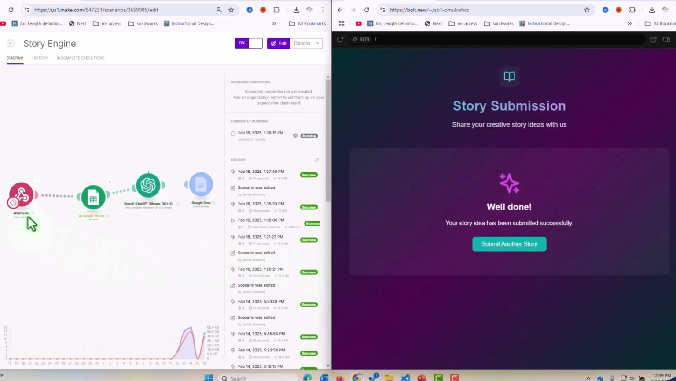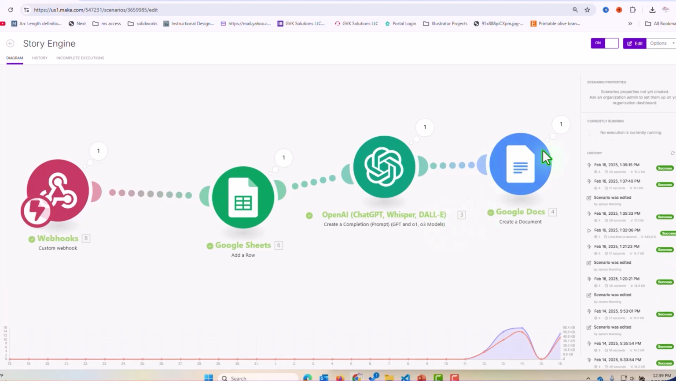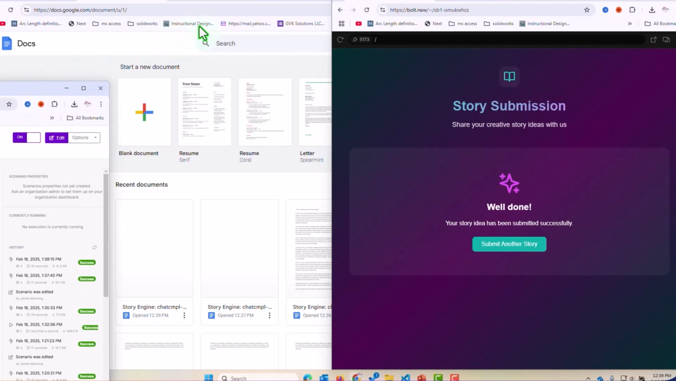So I'm going to go ahead and submit the story, and you can see my webhook is going. Bolt is going to OpenAI, and then it goes to Google Docs, and now we have a new form there. So if we come over